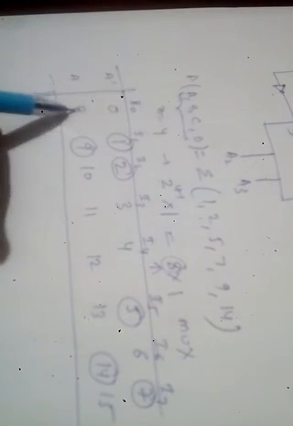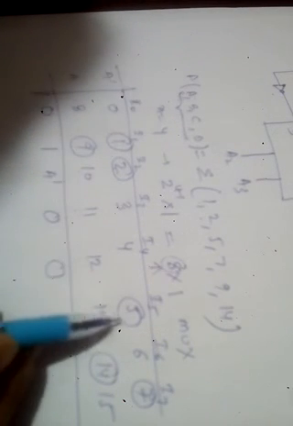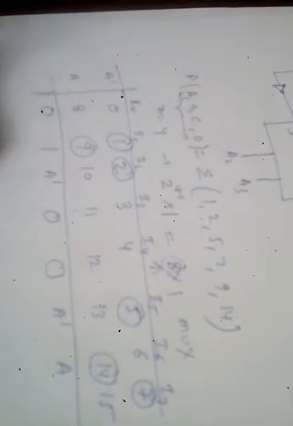These two are not encircled, so mux input I0 will be 0. These two are circled, so mux input will be 1 here. Upper one is circled, lower one is not, so mux input will be A bar. Both are not encircled in this column, so mux input will be 0. Again mux input will be 0. Here upper one is encircled, so mux input will be A. Here lower one is encircled, so mux input will be A, and here upper one is encircled, so mux input will be A bar.